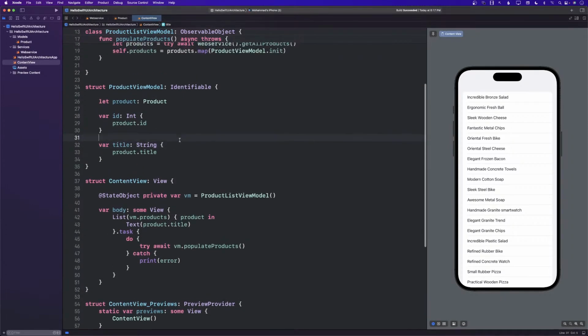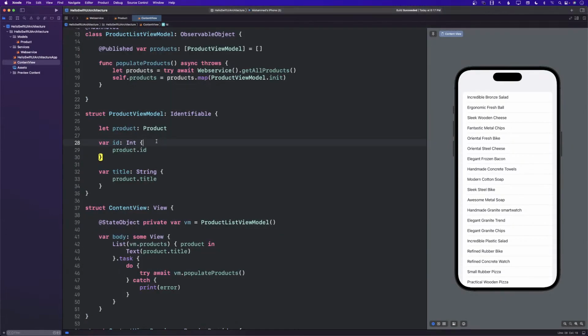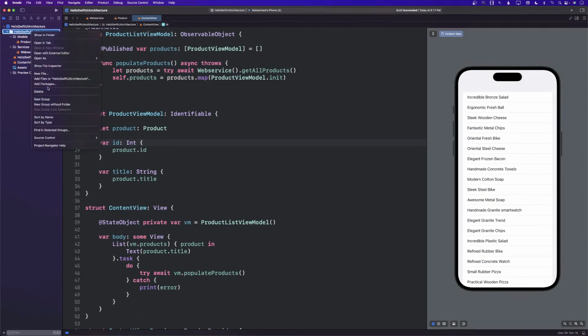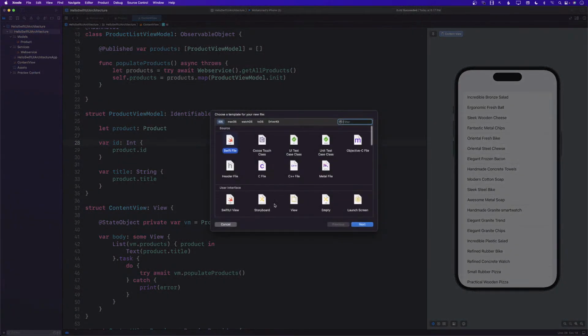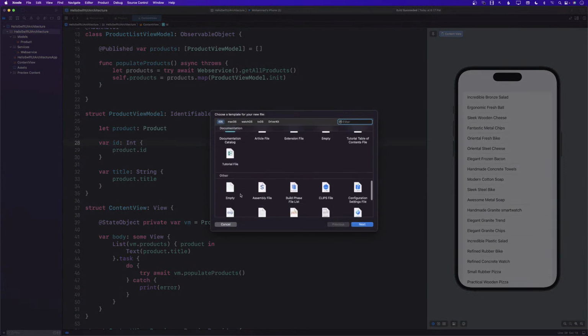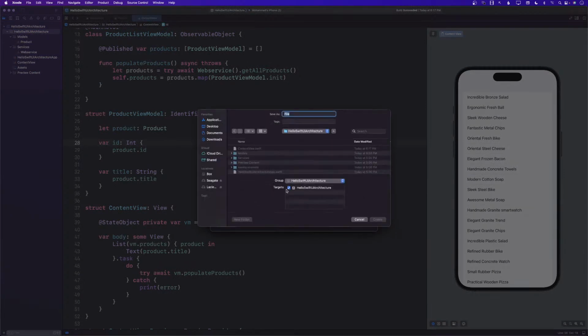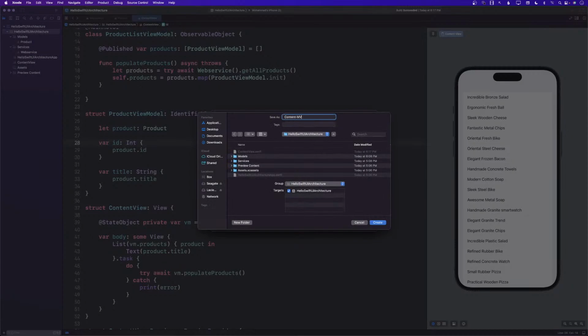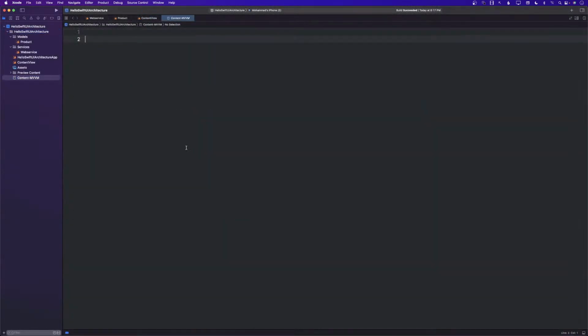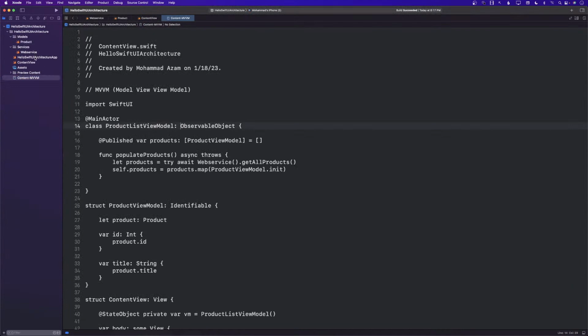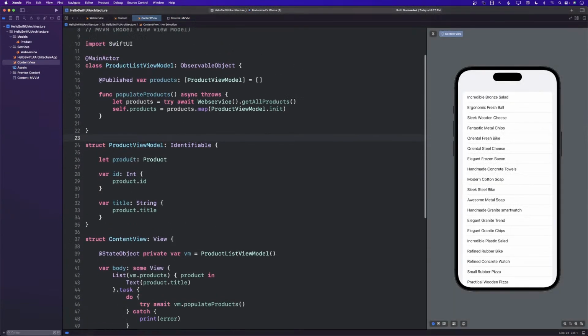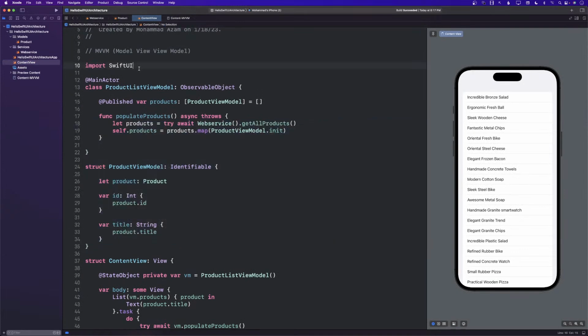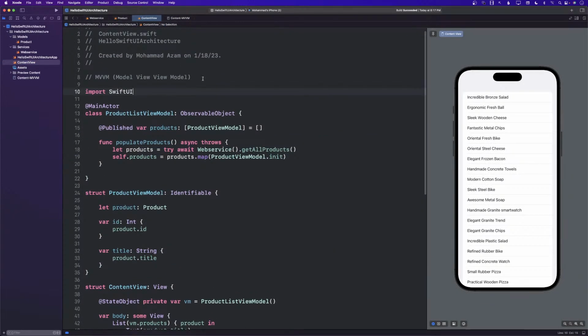Okay, so let's copy all this code, and I'll just make some other file, I'll just create a text file or something so that we don't really mess up anything, and I'll call it content mvvm. And I'll just paste it over there so we have a copy of it, because we're gonna change the same thing. I'm gonna remove this. So this was MVVM, so that is done. Now let's go ahead and move to the close cousin of MVVM, which is the MV pattern.